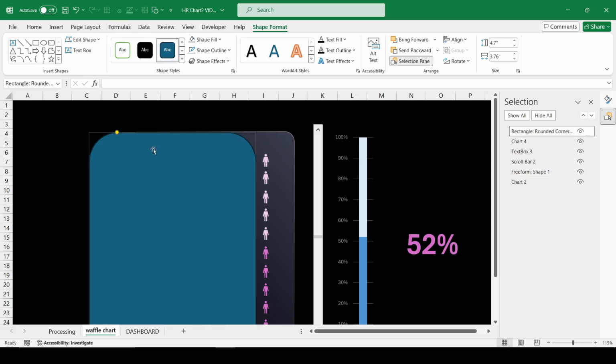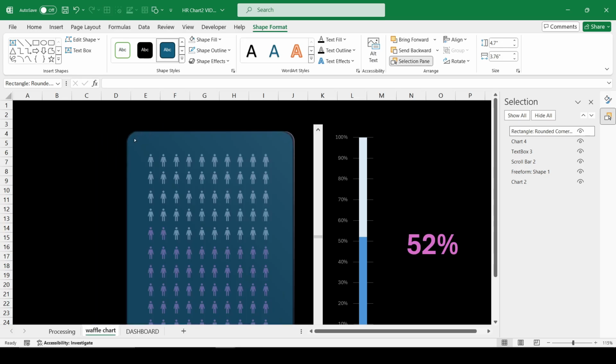Create a rectangle with rounded corners and dimensions, as in the previous example.